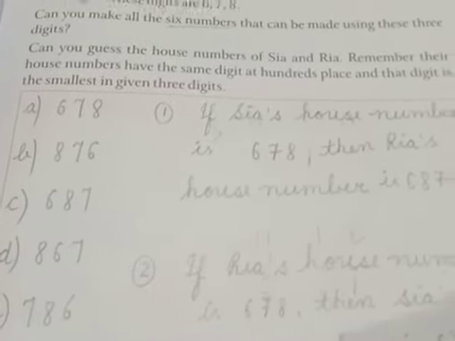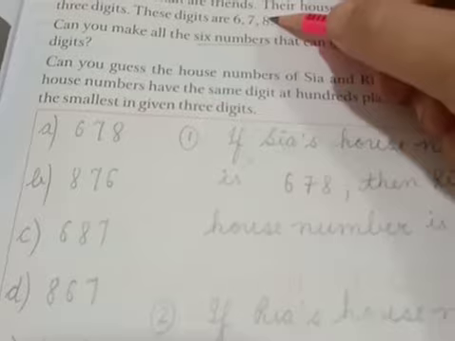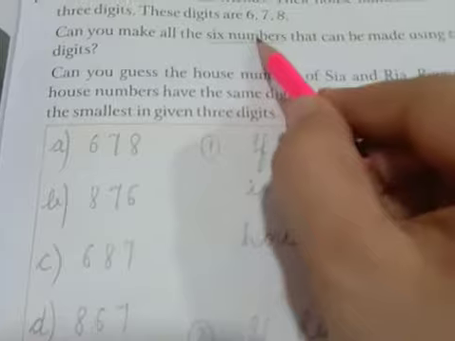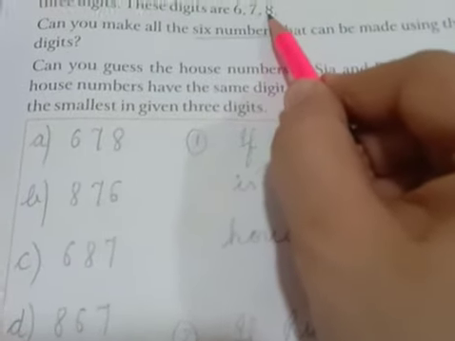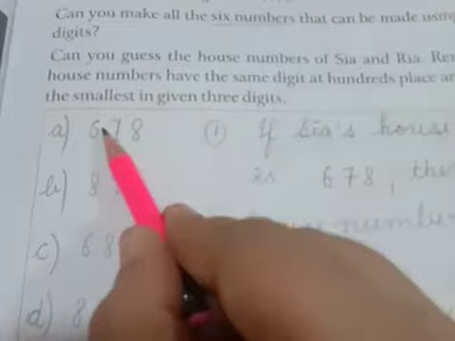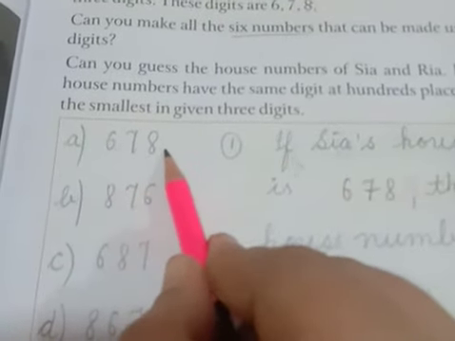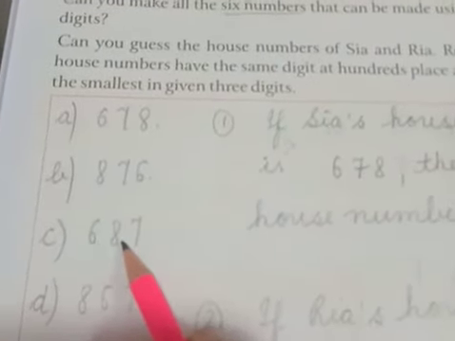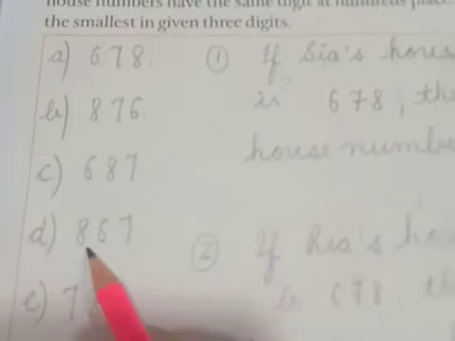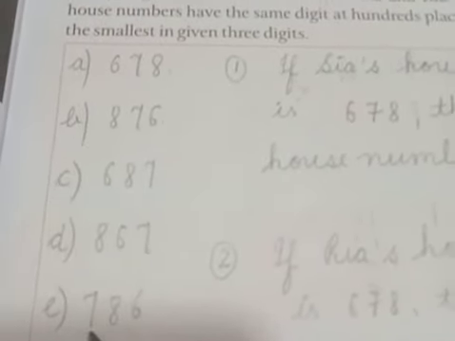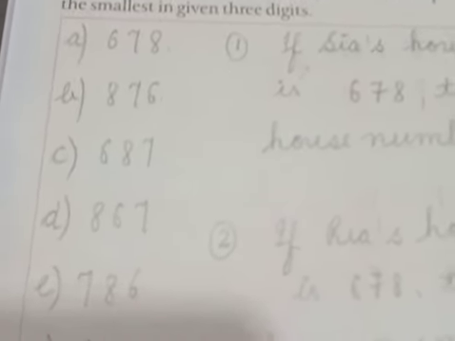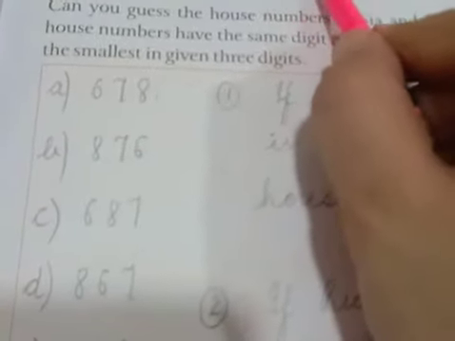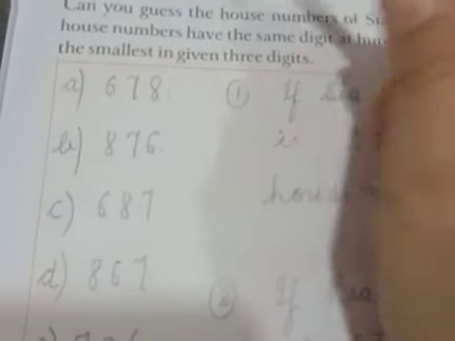Now what we have to do? Using these digits, 3 digits, we have to make 6 numbers. Yes? So what we will do? सबसे पहले तो इन digits को use करके हमें 6 numbers बनाने हैं, 3 digit numbers. So first number I have made is 678. Then 876. Then 687. 867, then 786 and then 768. Yes children, इन 3 digits को हमें use करना है और इनको use करके we have to form 3